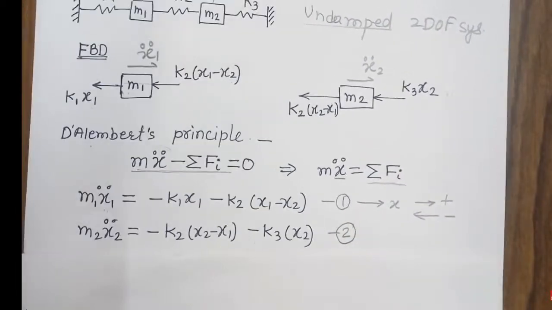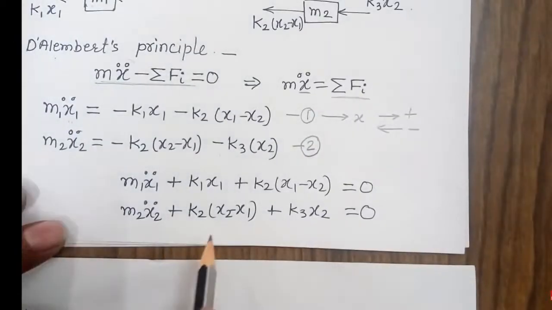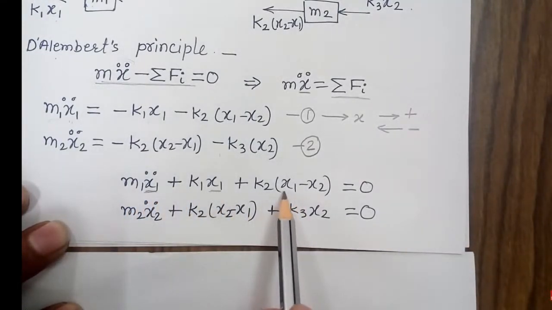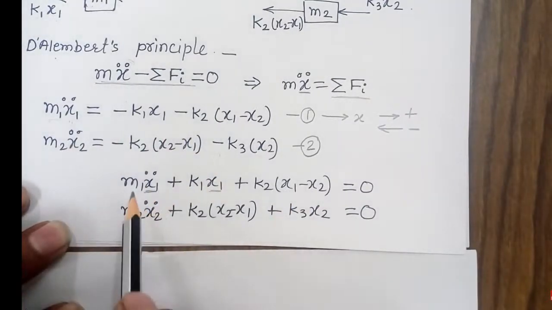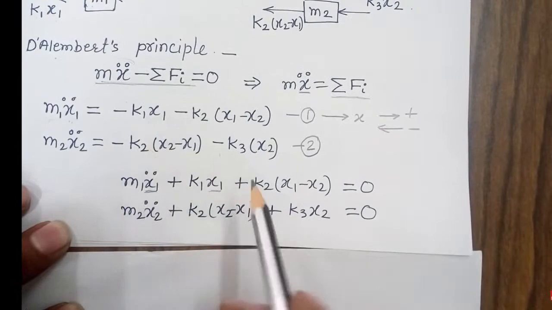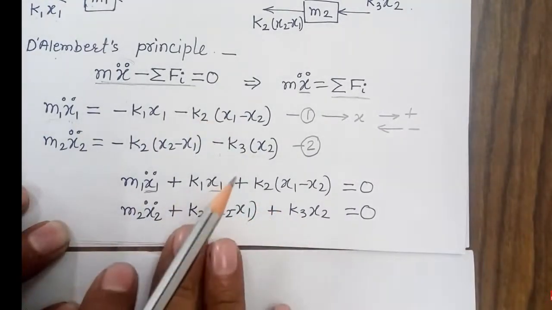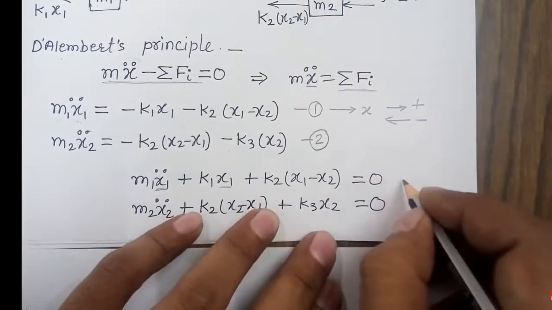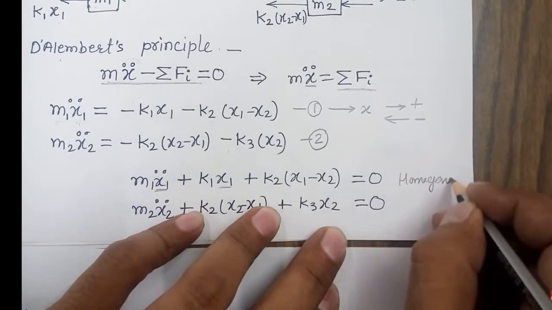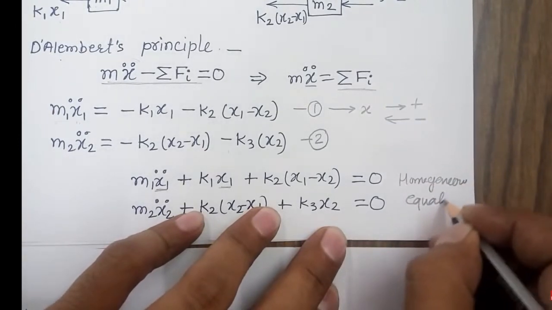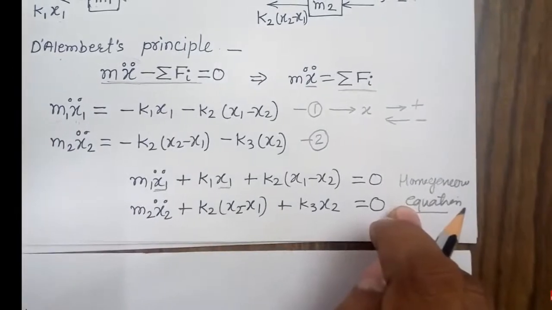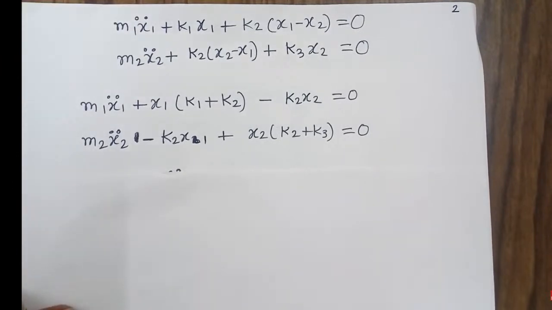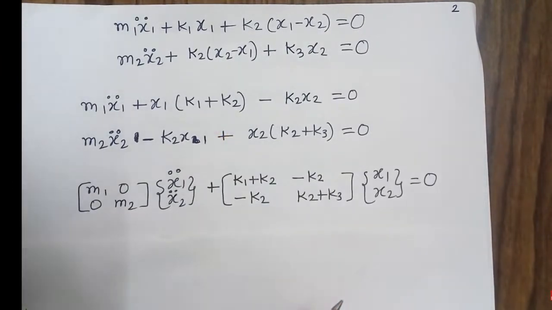If I rearrange these two equations, I can get another form of equation where I am having x1 as a quantity. First I am rearranging this equation, taking these two terms on the left hand side, and now my equations can be considered as a homogeneous equation. When I rearrange these two equations, I can convert them into this form, which can later be converted in the form of a matrix.